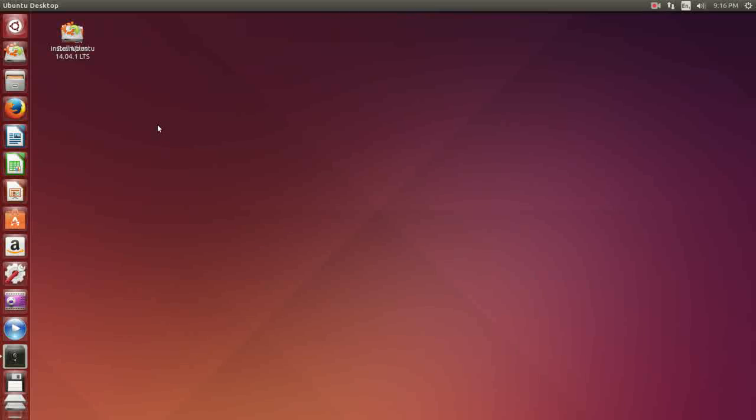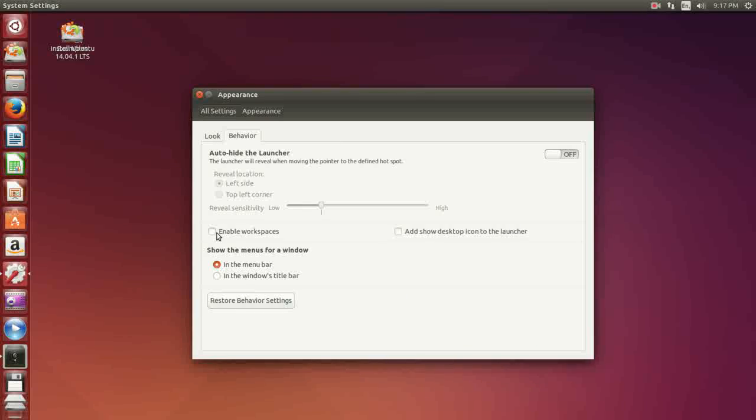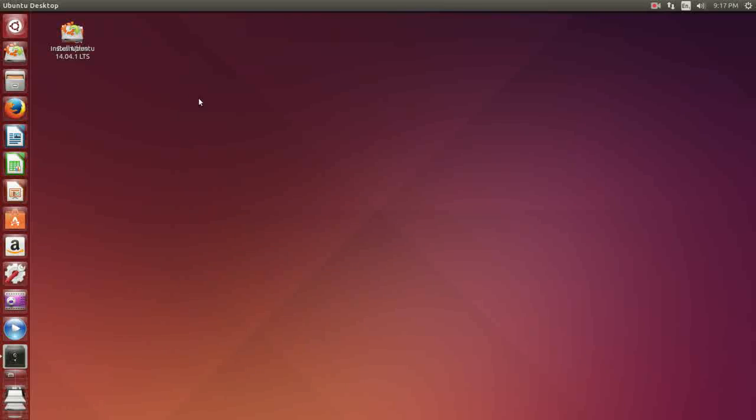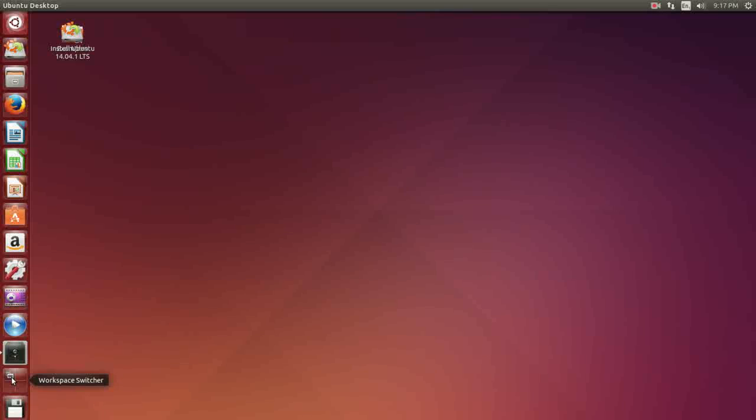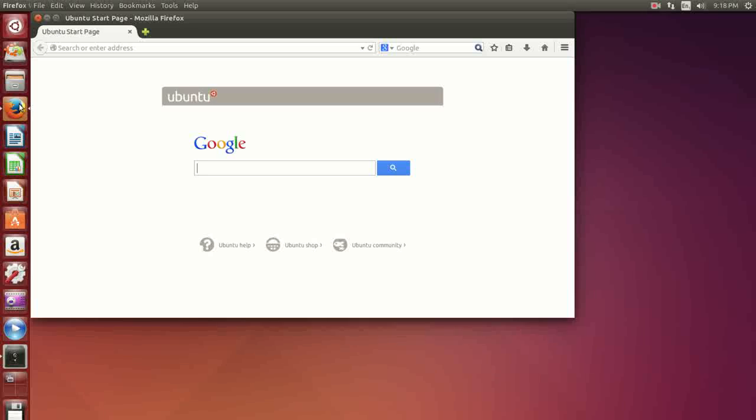In the last two versions of Linux, we have the workspace or virtual desktops. Let's turn them on here as well. I'm going to right-click, change desktop background. I'm going to click on the Behavior tab, and they've got a little checkbox, Enable Workspaces. There we see it right down here. Let's close this. We see we're working in the upper left-hand corner. To open up the web browser, I'm going to click on the Firefox icon. And we see that Ubuntu with the Unity desktop has our most used programs over here on the left-hand side.